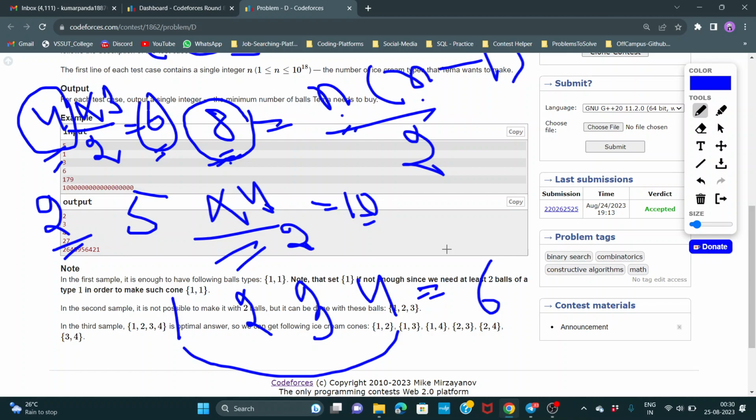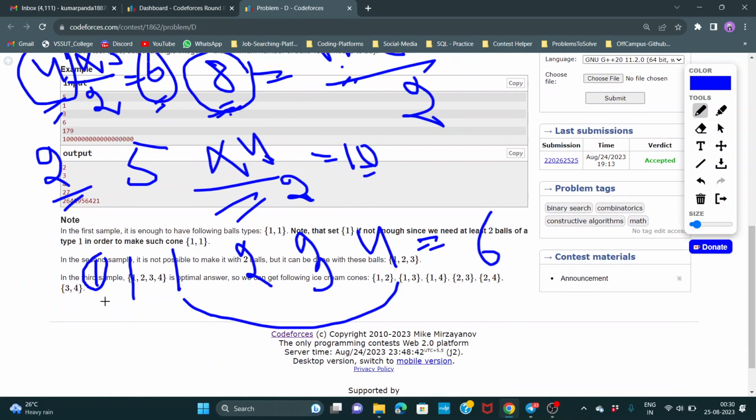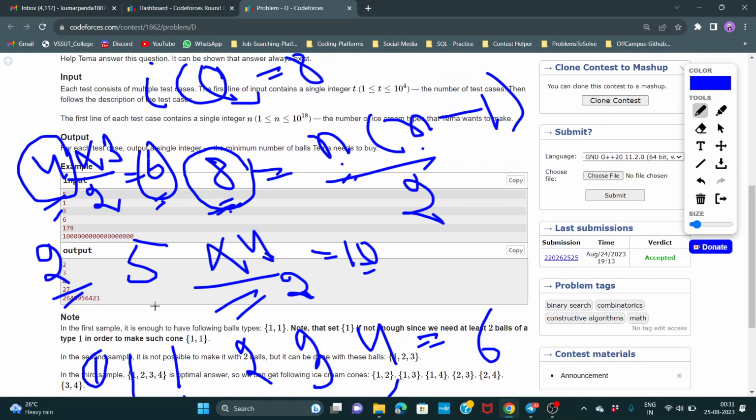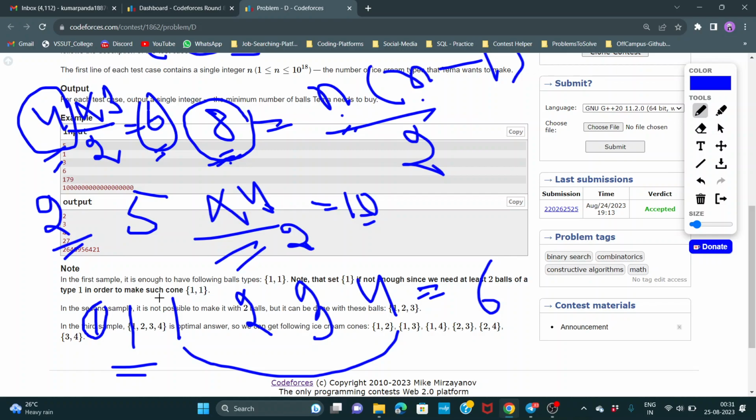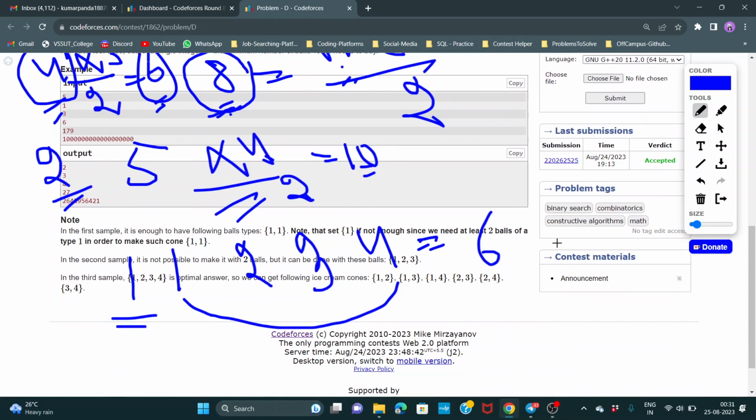Okay. So in this case I just have to add one more one, and there is no point of adding another 1. Why are we not interested in three balls with the same flavor? Because two balls can do the same work. So why are we increasing the number of balls? Because in our answer we have to decrease the number of balls, so there is no point of taking three balls. But we are going to take the two balls, and this will increase my answer by one,